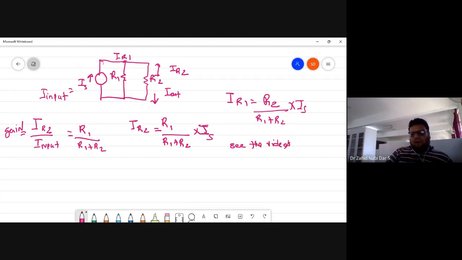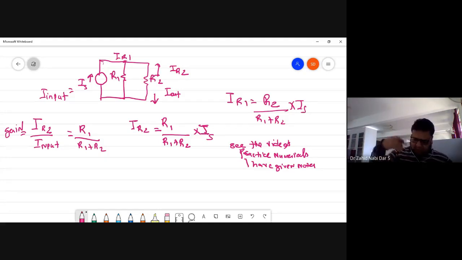Practice numericals. I have given them in the notes. Notes are there. Some numericals I have done which are not there in the notes. So don't expect the same question, because this is a V2A examination. Somebody frames the paper and we are teaching the concept. If you are only learning those problems and banking upon them, and in the final exam somebody sets questions that are out of the textbook or with his own concept, only if you know the concept will you be able to do it. So engineering is the application of the concept. It is not about learning that question and repeating it.